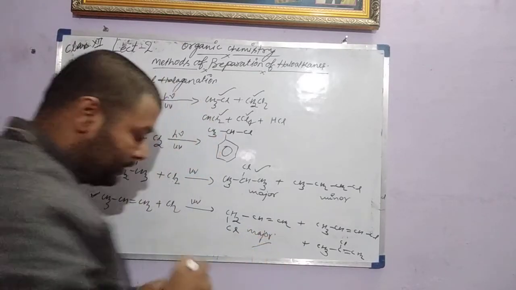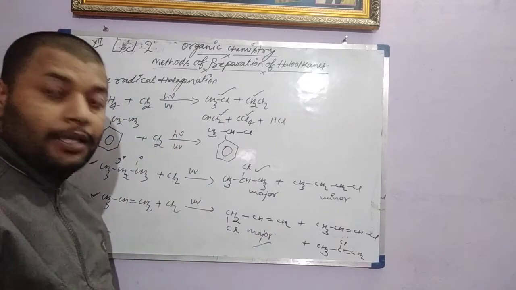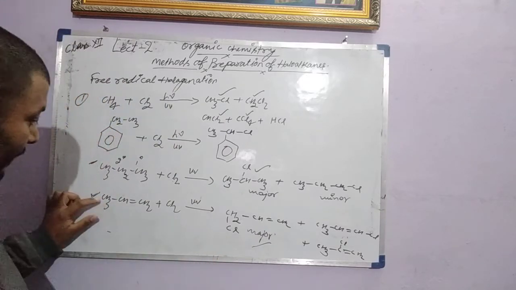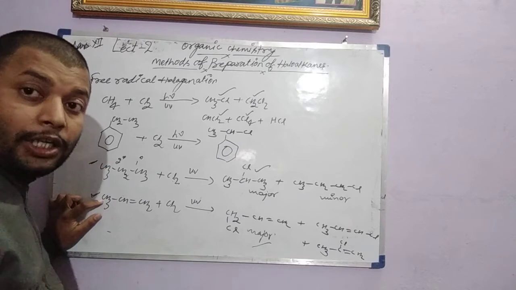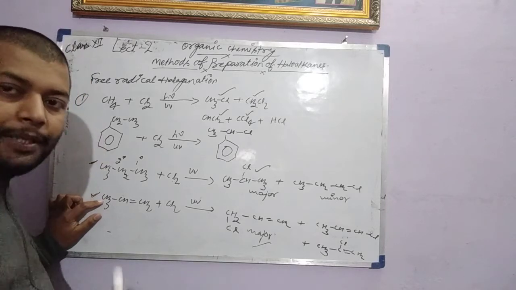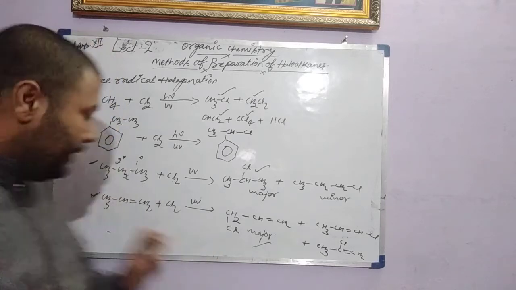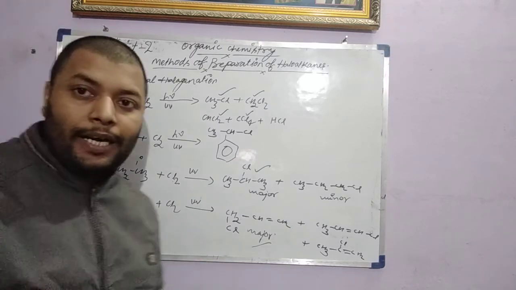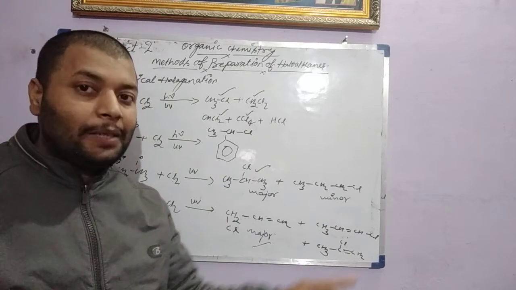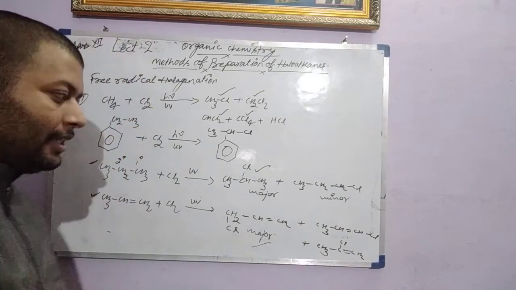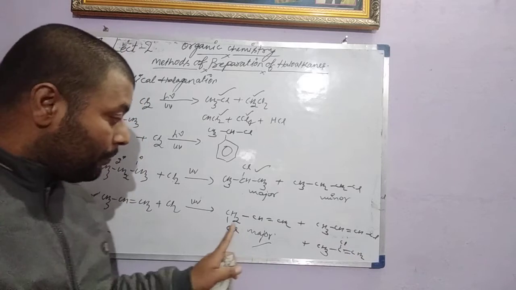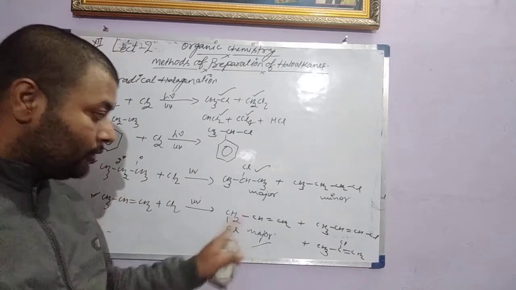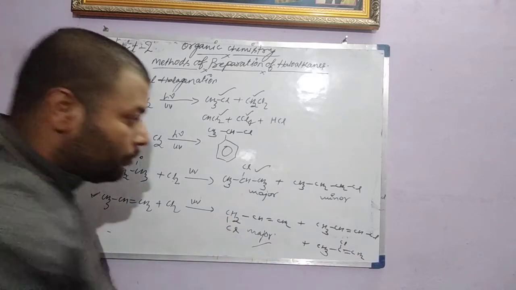The major product is this compound. Why? Because this carbon is called the conjugate carbon, having a tendency of resonance. If a free radical forms, there will be a possibility of resonance. So the conjugate carbon radical will be more stable than the other carbon. No matter whether that is primary or secondary, the major product will be this one. So the other two products will be minor.